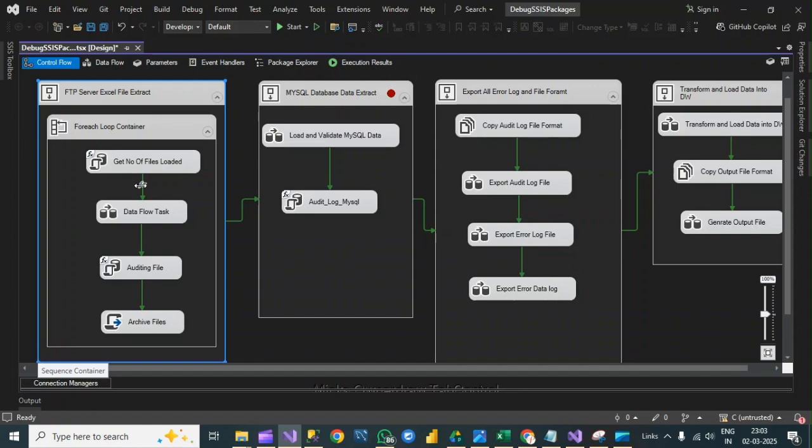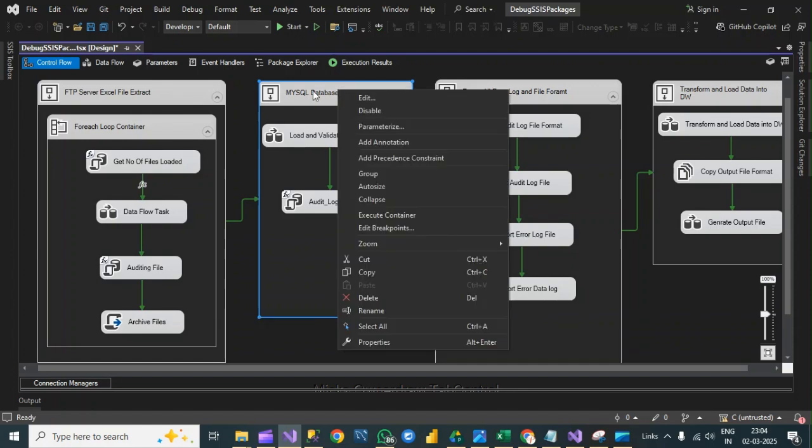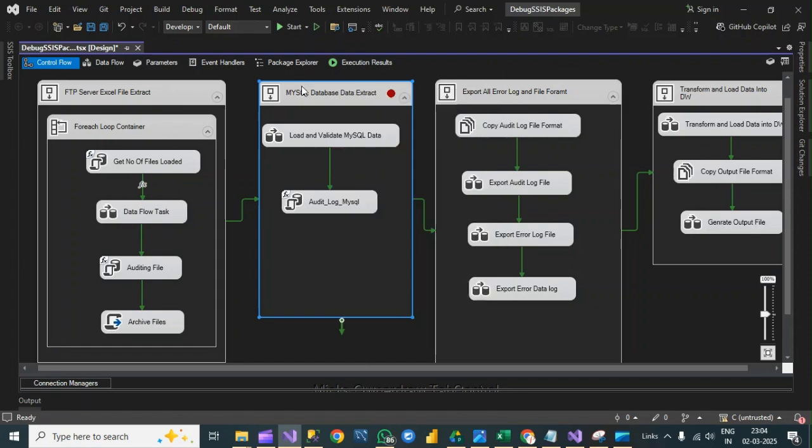A checkpoint is a solution where we add the checkpoint at the component level. So if my package or this component fails, whatever was successfully and completely loaded by the previous components will not be loaded again. It will start the package from where my package failed. For example, if my package fails at this position,